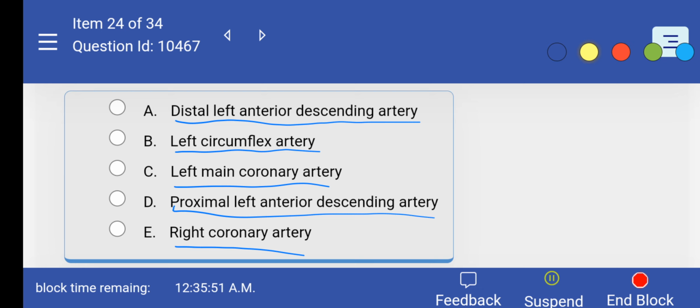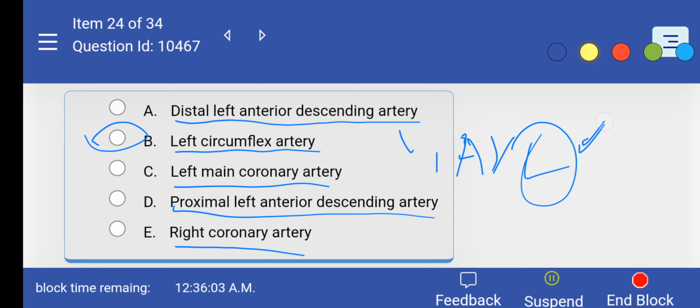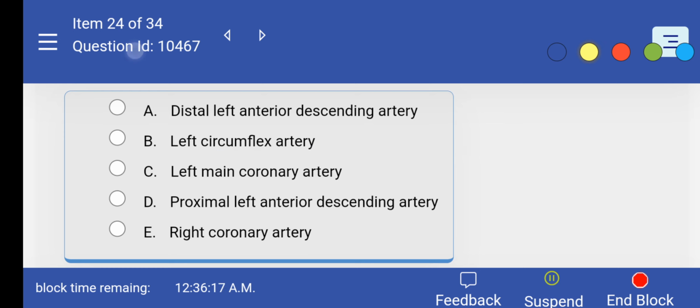So the correct answer for this question is left circumflex artery because lead 1 and AVL, here L stands for left side. So left circumflex, that would be for the lateral side. That is supplied by left circumflex artery, right? Why not the others? We will talk about that, right? So the correct answer for this is left circumflex artery,